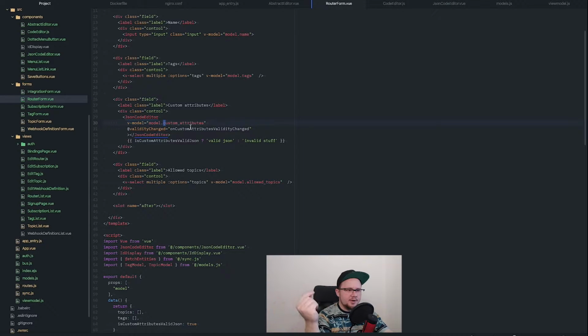that we are firing, that event we are emitting, it is coming to this v-model, and Vue.js is automatically catching that event and updating the model.customAttributes. Now the problem is that this is going to enter a loop. This value is now going to be changed, and when this is changed,